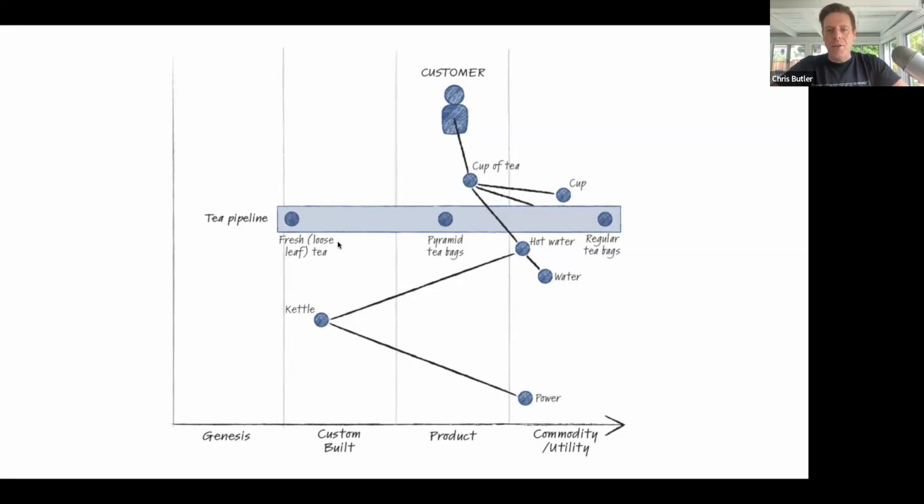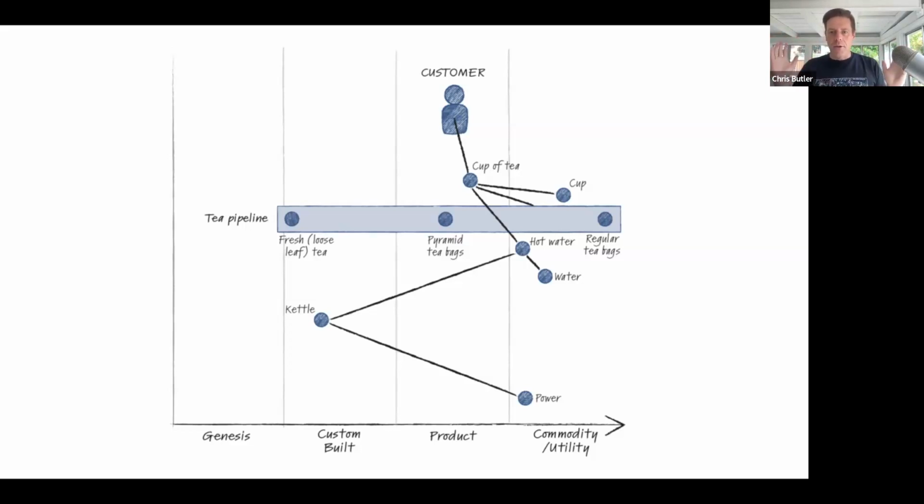And what this is really meant to do is that when we think about this, the higher up in the map it is, the closer it is to the customer. The lower in the map it is, the further away and maybe more abstracted or hidden away from the customer it is. And then from left to right, it's really about what is something that's brand new that hasn't been really tested a lot, in the case of, say, Genesis, right? Or could be very custom. There's a bunch of different ways that we can think about that, all the way to commodification, which is something that is so standardized that people don't pay a lot of money for it because it is commodified.